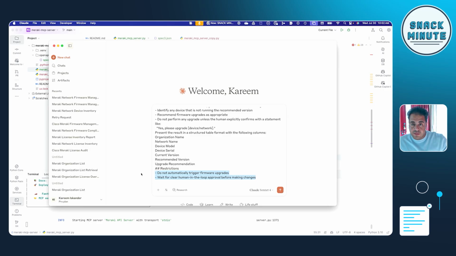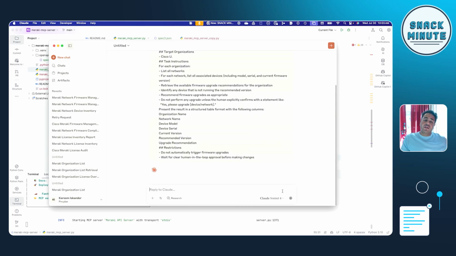So I don't want it to go upgrade and update my firmware. I want it to actually come back with a recommendation and wait for clear human in the loop to approve before making any changes. So these are my rules to it. So if I execute this, first of all, the client is going to know that it has access to a